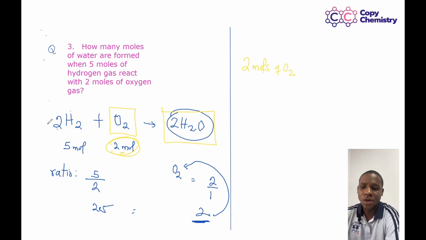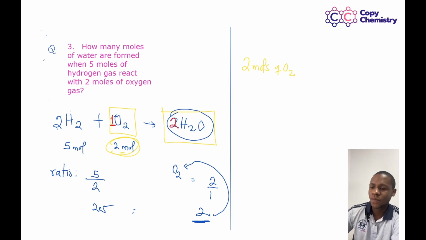You're then supposed to figure out the number of moles of water that should be produced here. We already know that 1 mole of oxygen gives 2 moles of water from the equation you have there. So that means 2 moles of oxygen, if we're using this, then we're going to introduce